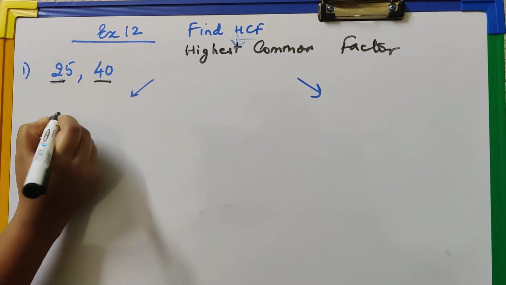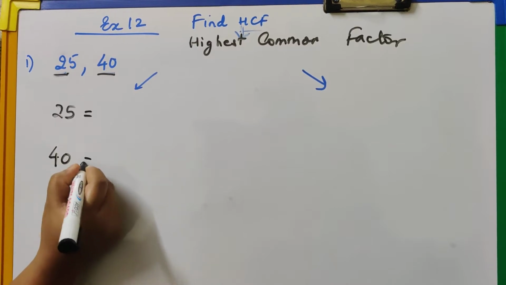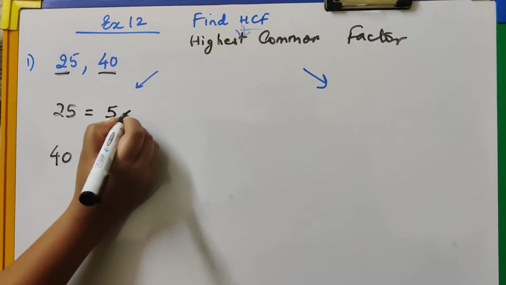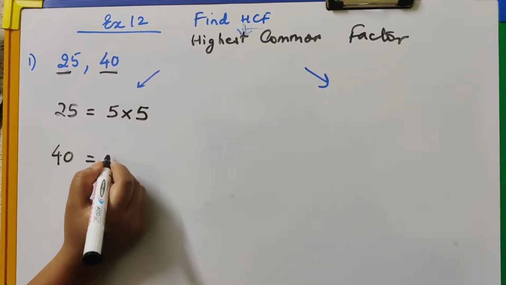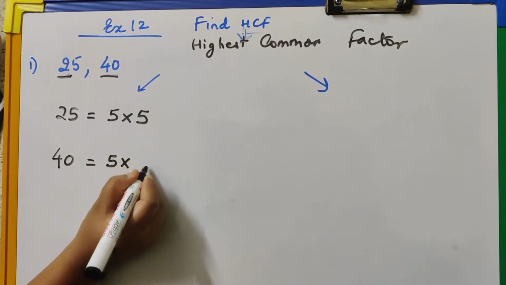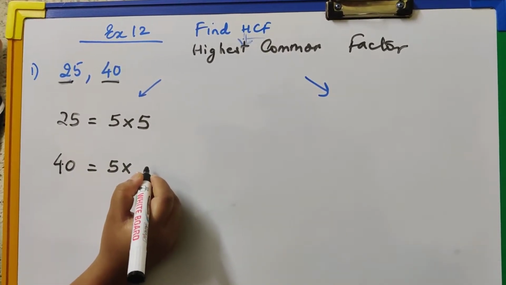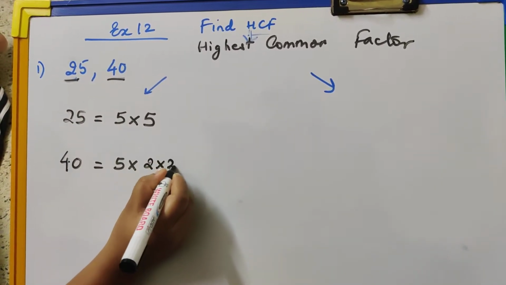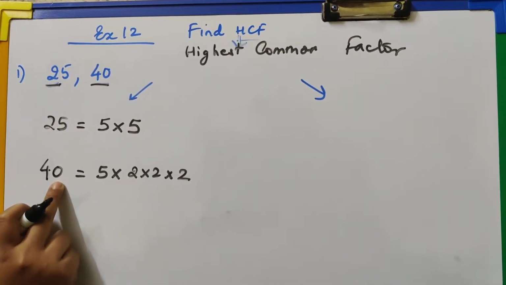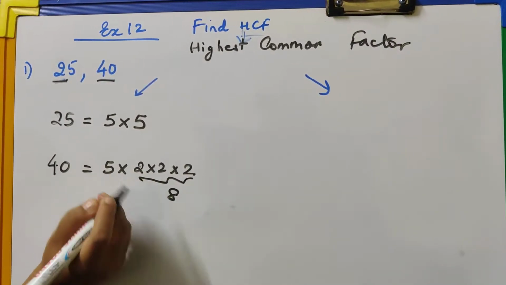Okay, so let's start. If I write 25, this is one method, the horizontal method. What are the factors that multiply to give a product of 25? 5 into 5. Which factors multiplied give me 40? You can say 5 8s are. Now before I write 8, try and simplify. 8 can be written as 4 2s are. Again 4 can be written as 2 2s are, into 2. So when I multiply 2 2s are 4, 4 2s are 8, I get 8. This multiplies to form 8, and 8 5s are 40.